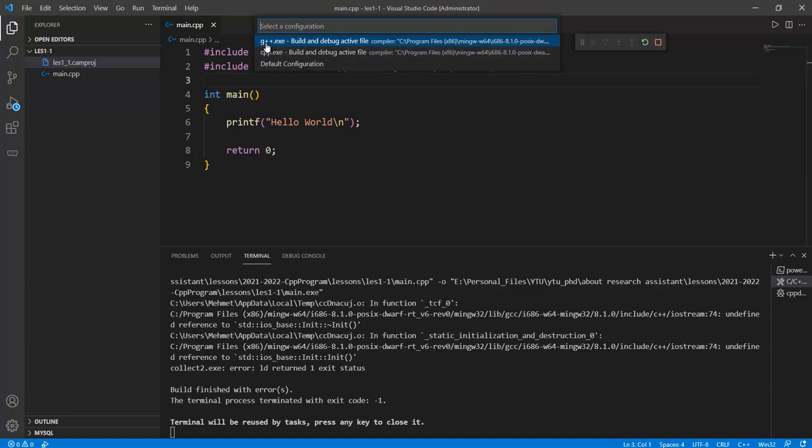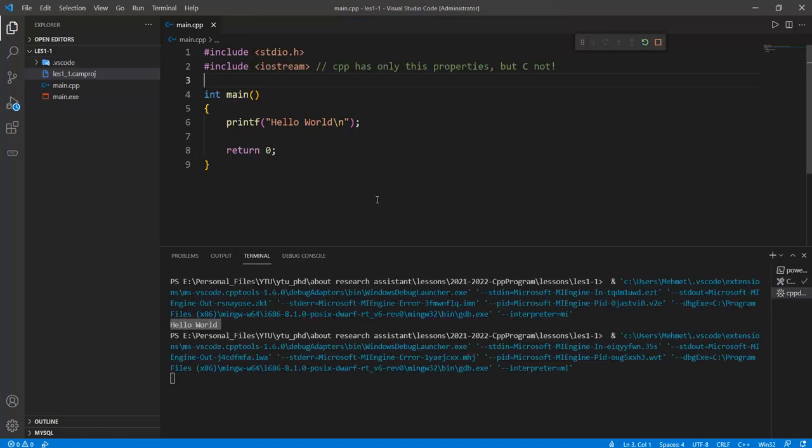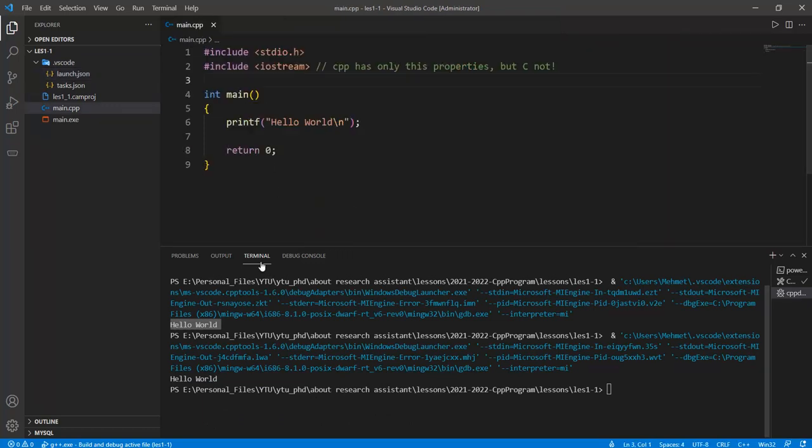In Visual Studio Code there are two options here, cpp.exe or g++, in other terms the C++ compiler. In the previous case we used GCC, the C programming language compiler. But if we need to compile both C and C++ programming languages, we should choose this file. Then the launch JSON file and task file are recreated by using this diagram. But the output is not changed because C++